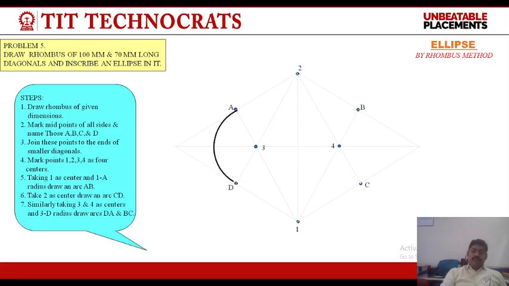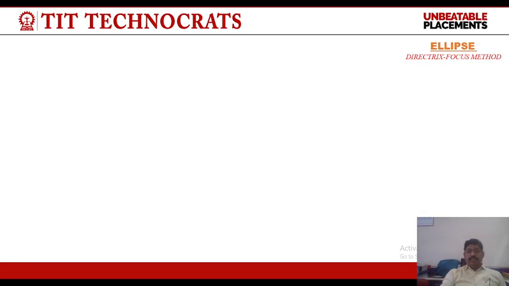Like this, draw an arc with the help of 3, and 3 to A is the radius for this circle. So we draw an arc like this. Now take 4 as the center and draw an arc from B to C. Take 1 as the center and draw an arc from A to B. Now take 2 as the center and draw an arc from C to D. This is known as